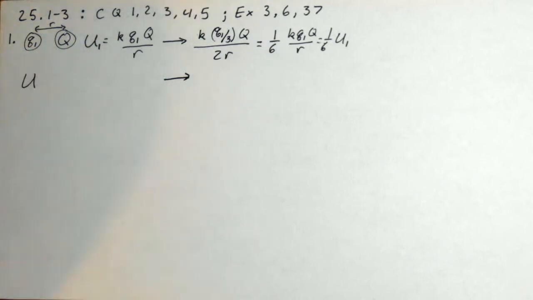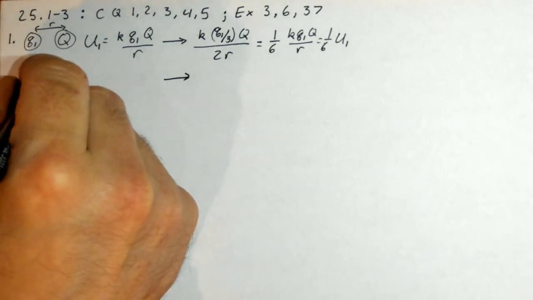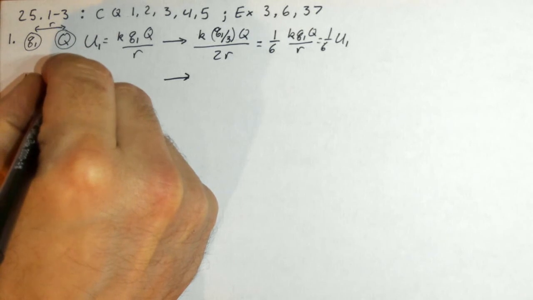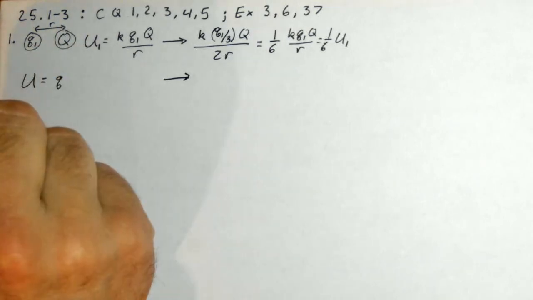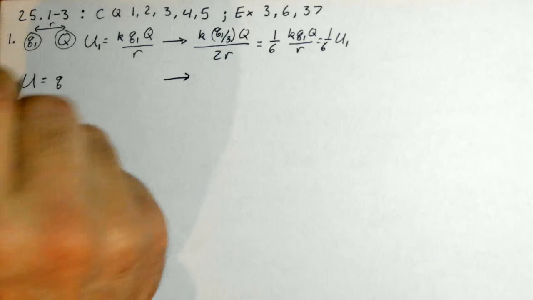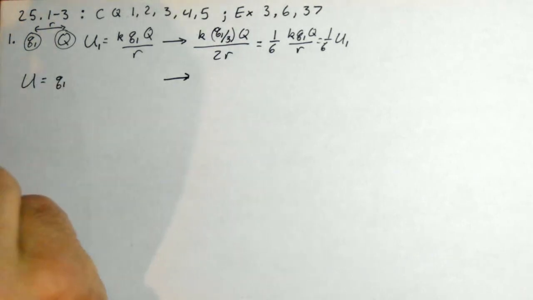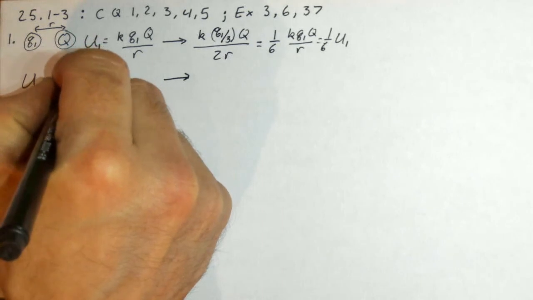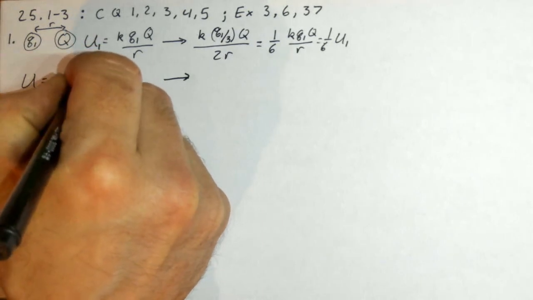The potential energy of a charge inside a capacitor is what? Okay, so the potential energy of a charge inside a capacitor is the Q, the size of the charge, we'll call it Q1 in this case, times the electric field inside the capacitor, times the distance